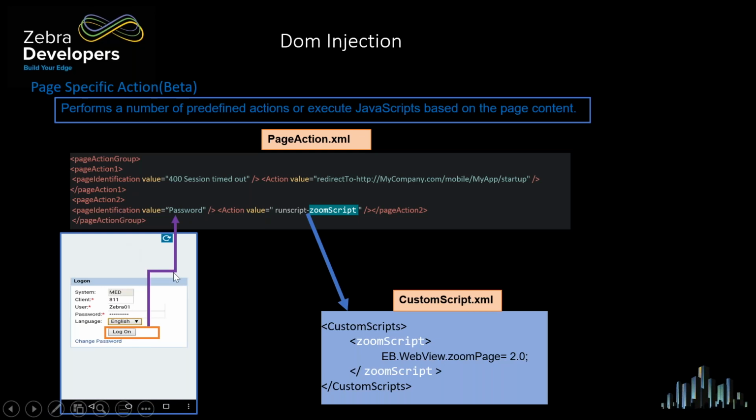Next is page action. Suppose you are in a particular page in the enterprise browser, in your SAP application, and in this particular SAP application, say whenever in this page you want to run some zoom operation, like you want to zoom the page by two times, or whenever there is a 400 session timeout, you automatically want to direct to the start page. So using this page action identification, the XML,